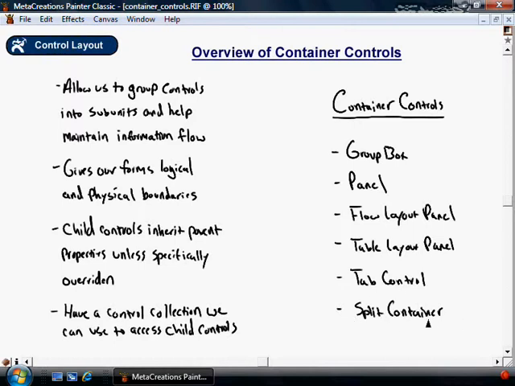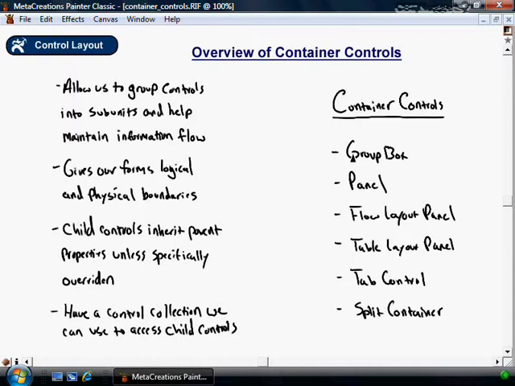And we also have the split container control, which is a nice way to create a kind of moving user interface, so users can size within a form. They can split it right down the middle and size different controls depending on what side of the container they're on. So we'll take a good look at how to use all of these container controls in a demo. Before we do that, though, I just want to give you a quick idea of what a couple of